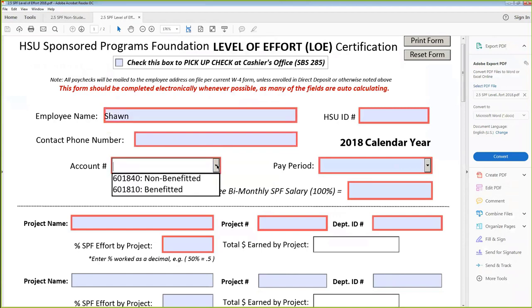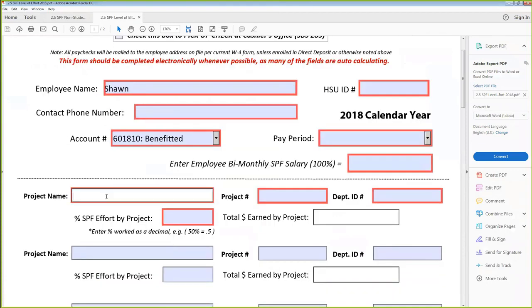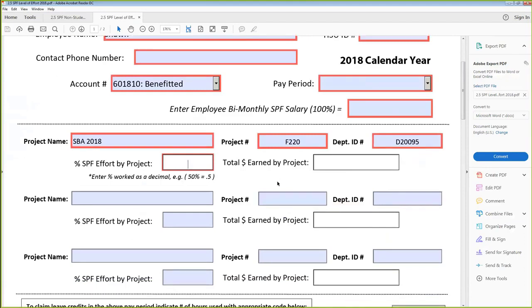Again, the account number, which wouldn't really make sense. We would usually always, well, mostly be benefited. Project, so this is where the grant is going to go, F220, or I guess it'd be SBA 2018. This is where department, again, anything that ever falls under the SBDC umbrella. And so then the percentage of time would be,